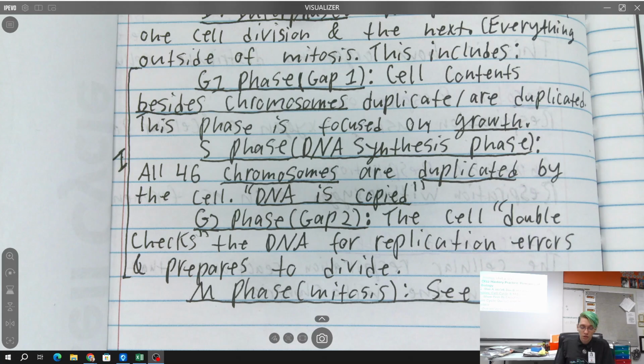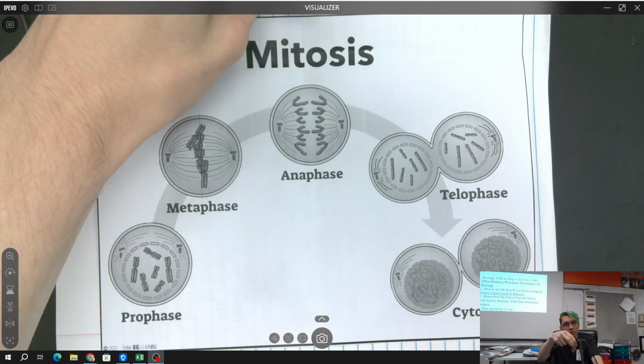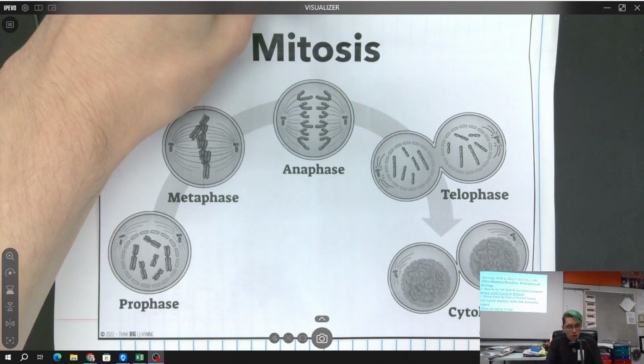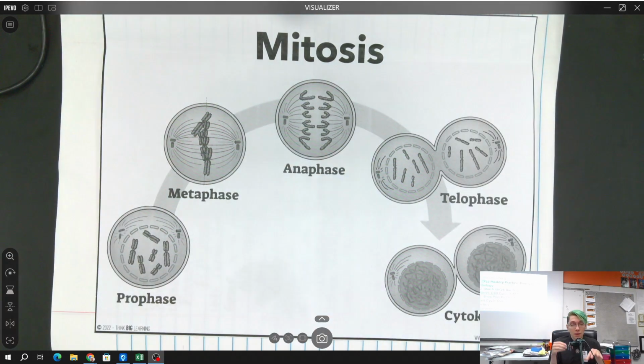So mitosis, this is the actual cell division for all somatic cells. PMAT is one of the ways we think of it. PMAT plus C is how we usually explain and talk about it. Our prophase is going to be, once again, our nuclear envelope is dissolving. We can see our chromosomes starting to be visible. Metaphase is middle, lines up. Anaphase is getting pulled apart. And then telophase is going to be where our nuclear envelopes are reforming and is beginning to have everything else split. Cytokinesis is the actual splitting of the cytoplasm and cell membrane. In words, let's look at that.